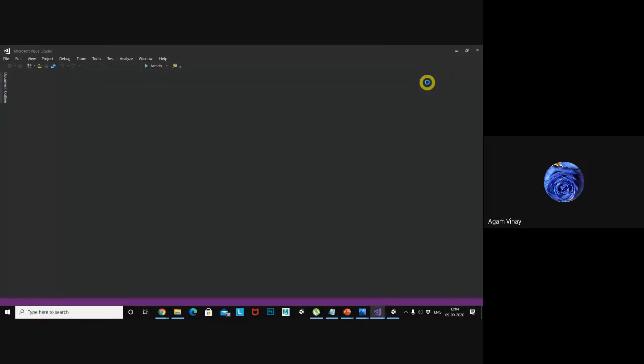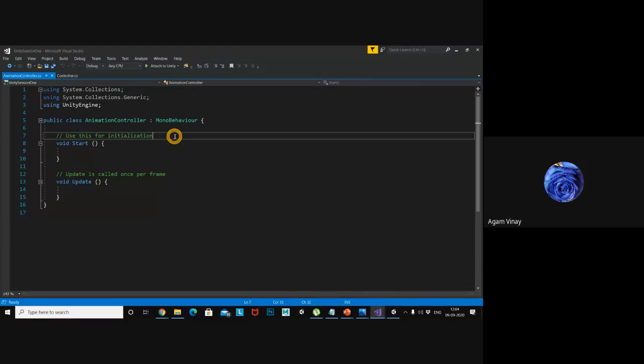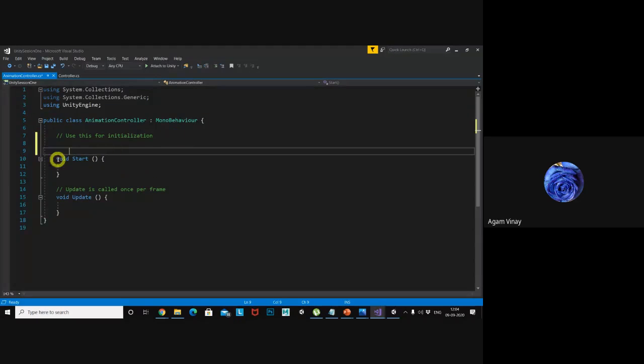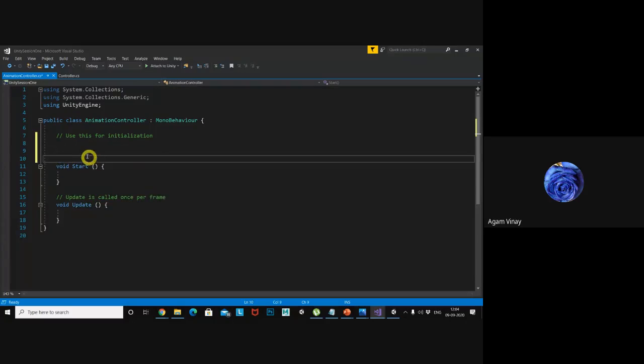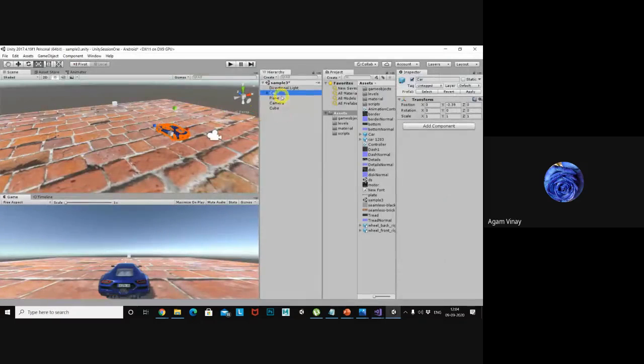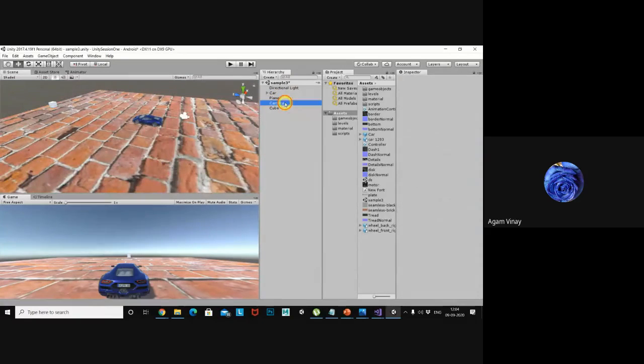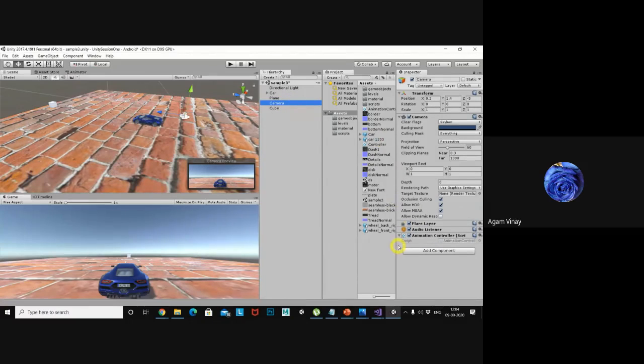For accessing those two game objects, I want those game object references. You already know, yesterday I explained to you. I want to access this car and this cube. My script is attached to camera here.